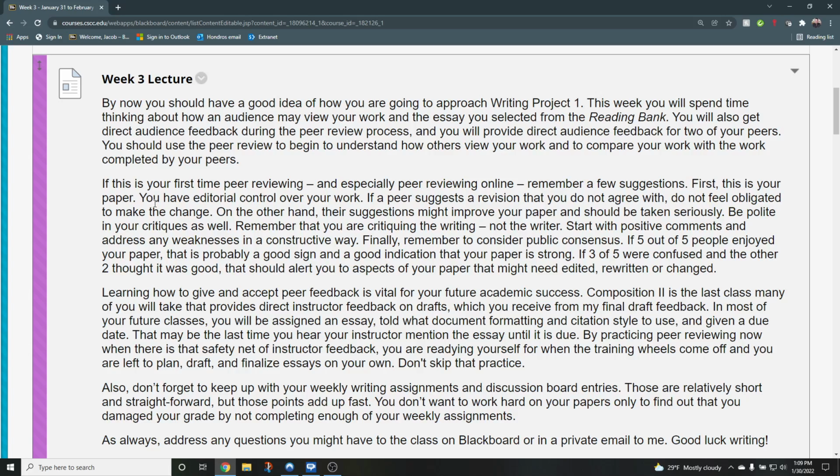First, this is your paper, and ultimately all decisions, all editorial control goes back to you. It'll be your job to decide which suggestions of your peers you would like to make, what revisions are worth it that fit your vision of the paper, and which do not. If a peer suggests an edit or a revision that you don't agree with, you are not obligated to make that change. However, you do want to go in with an open mind, be open to suggestions that might improve